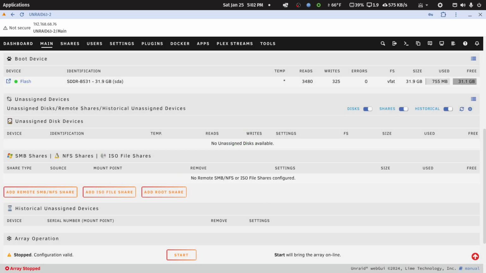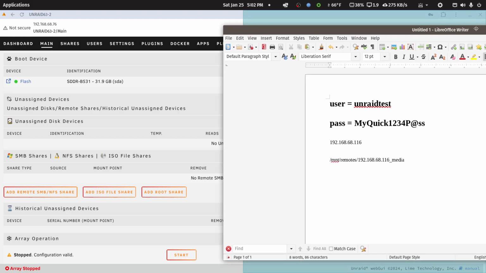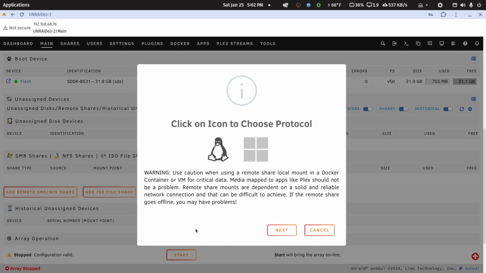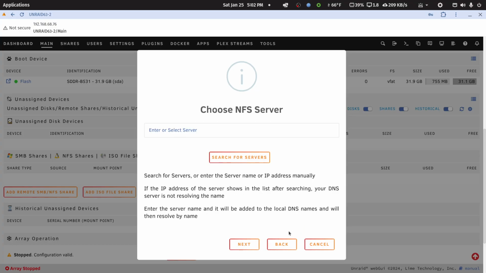All right, so I'm going to be copying and pasting the user and the password from this scratch document. So if I add remote SMB NFS shares, if I click on Linux and Next, and I search for the server,